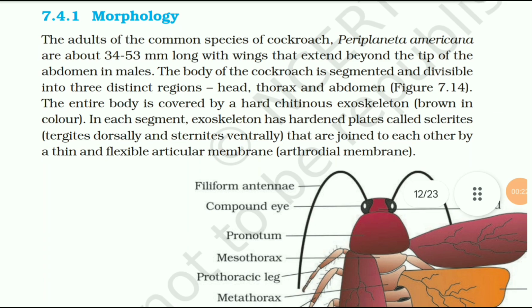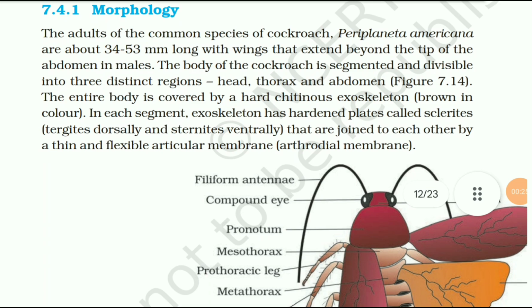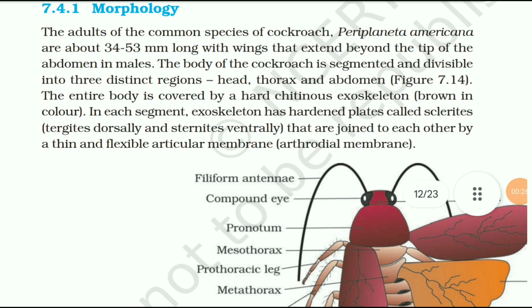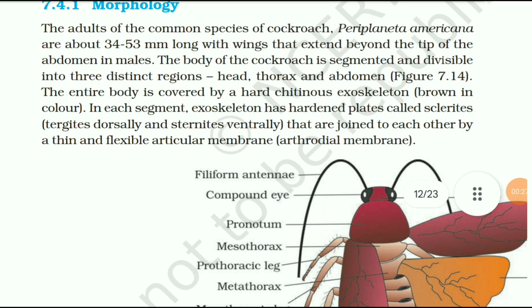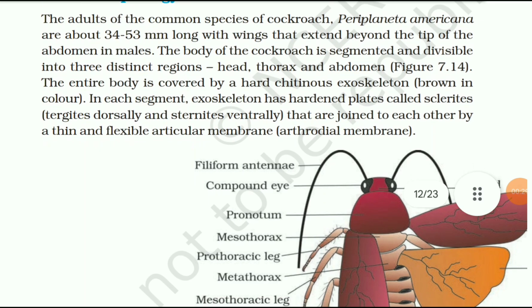They have become residents of the human homes and thus are serious pests and vectors of several diseases. Next we are going to read the morphology. The adults of the common species of cockroach, that is Periplaneta americana, are about 34 to 53 mm long